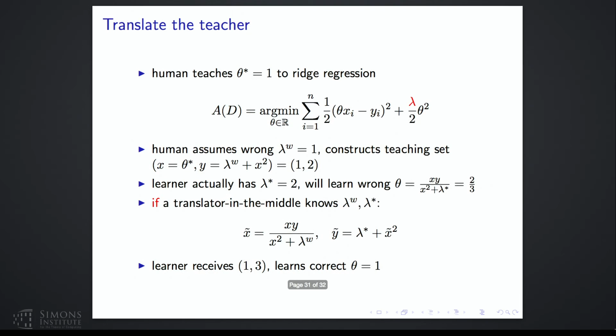So where is this translator? Translator in the sense of translating x, y, the example that the human gives us, to x tilde, y tilde. The translator is the meta algorithm that we need to build. Right, because if you have access, basically you know what lambda is. Exactly. If I know lambda W already, I could already run it with that and immediately interpret what the human is trying to do.